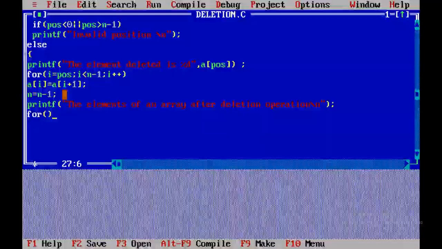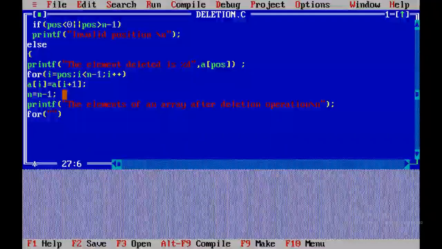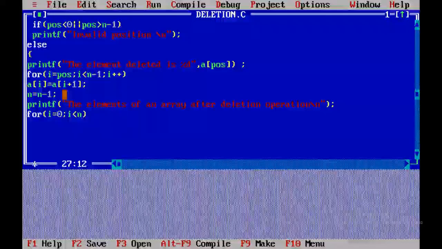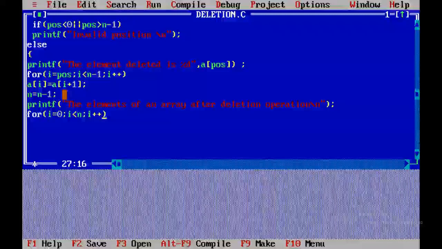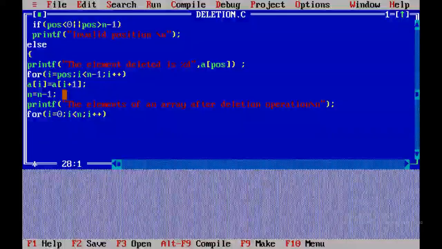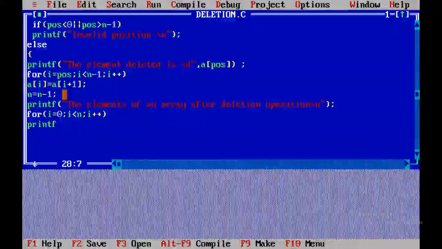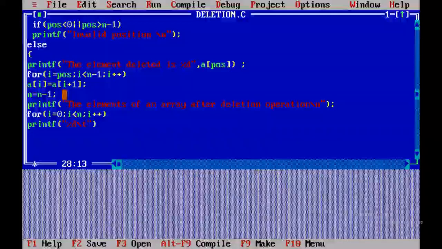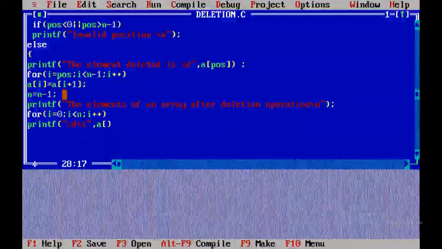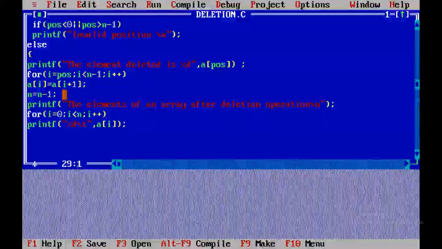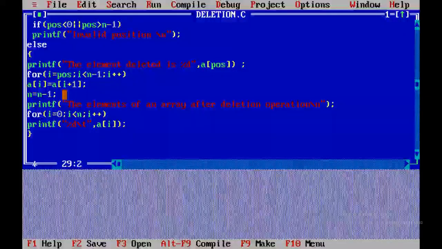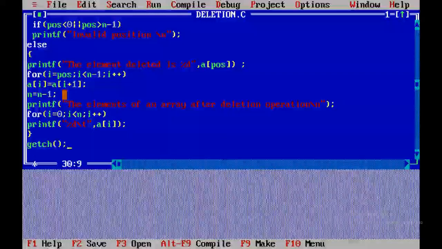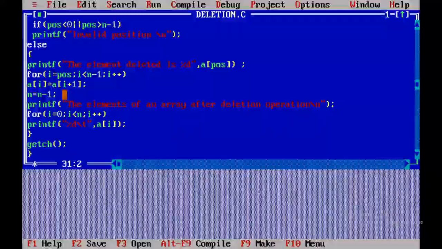Then I'll use a for loop to print the elements of an array: for i equals 0, i less than n, i plus plus, printf %d slash t, comma a of i. And this completes the else block. And next I'll write getch. Next I'll end the main method.